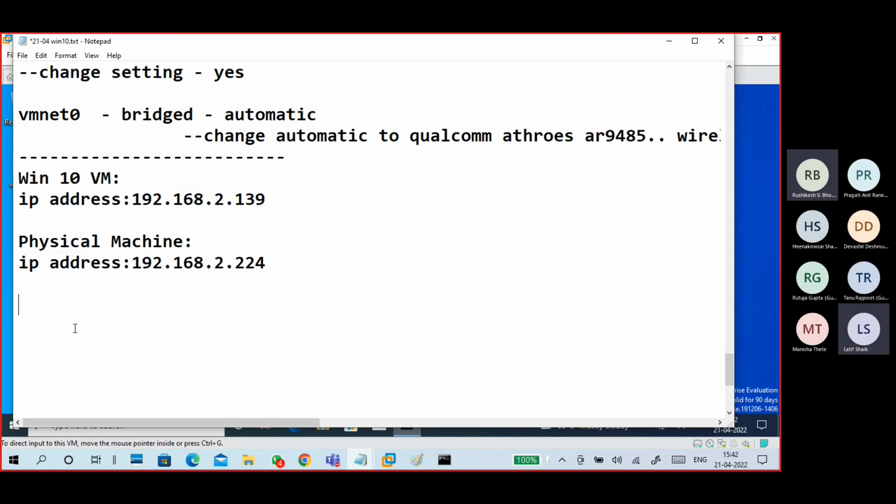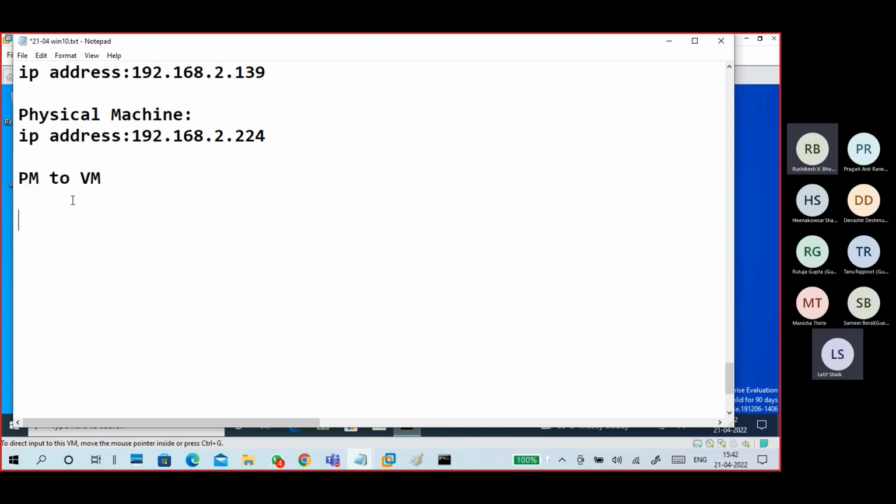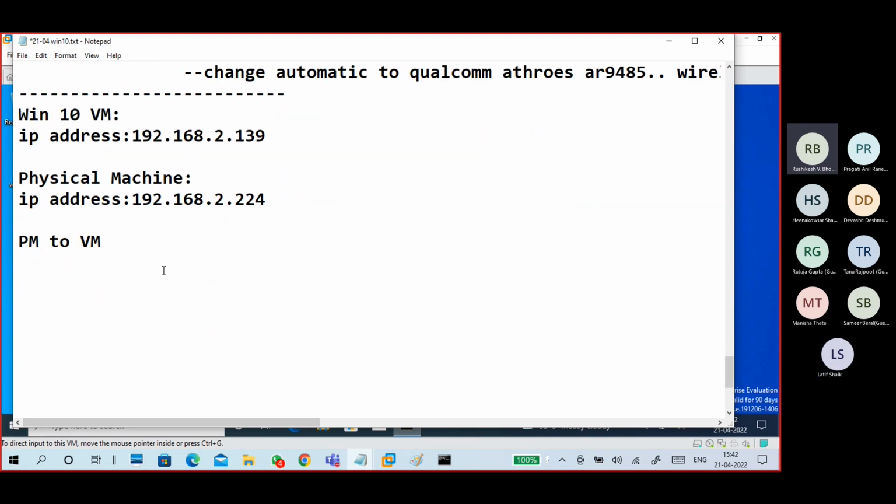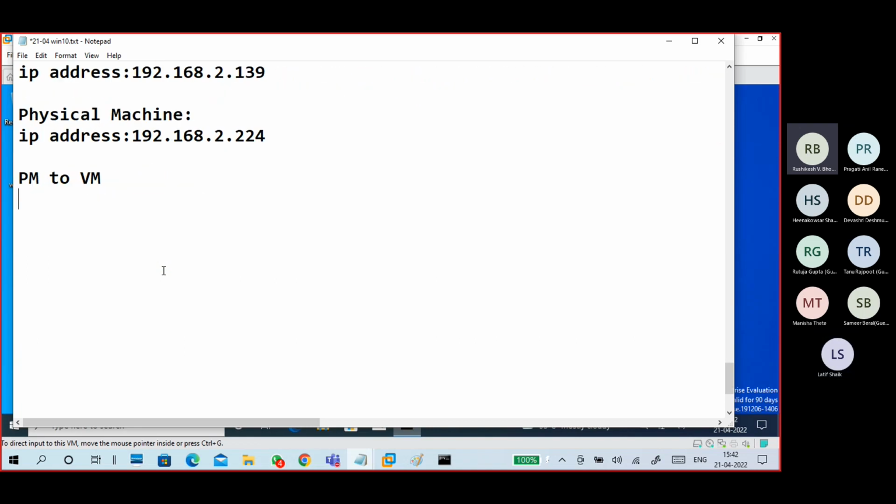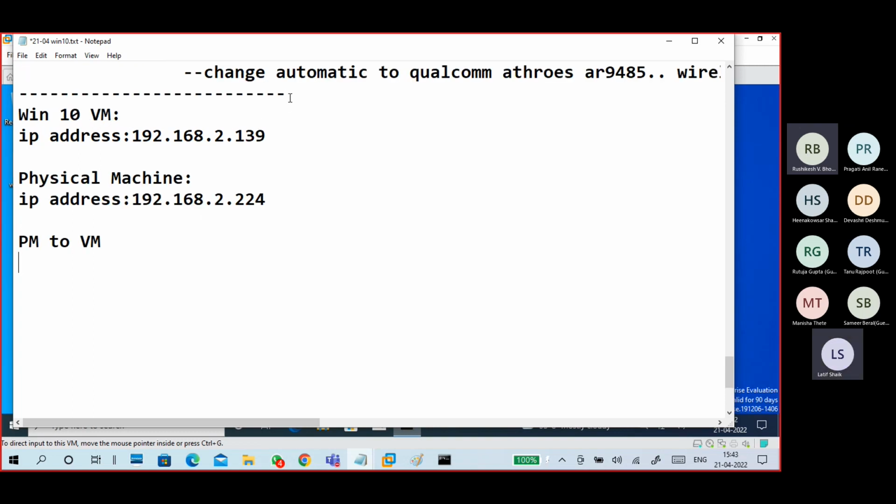Now, guys, for a short part, I put my physical machine to virtual machine. From my physical machine to virtual machine, is communication there or not? I am telling only VMNet0 plus testing. We'll do the testing part separately. Or can I continue testing now, or should I separate the topic? I'll continue. This is a testing part.